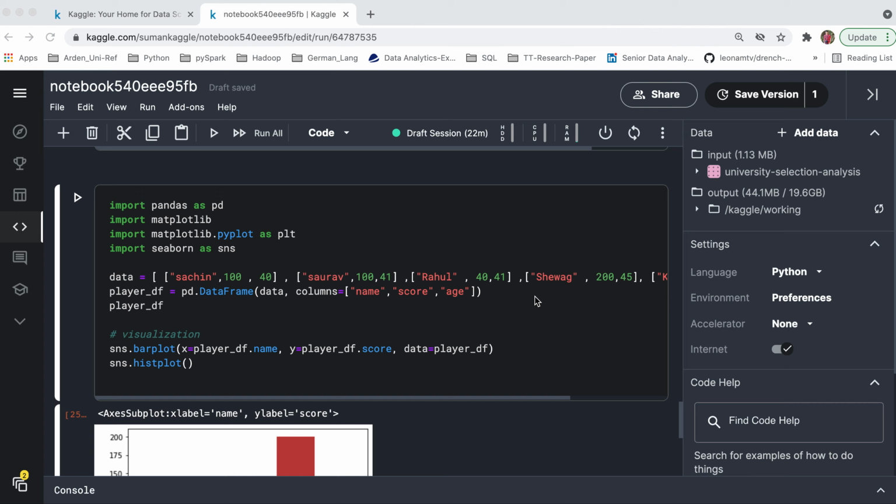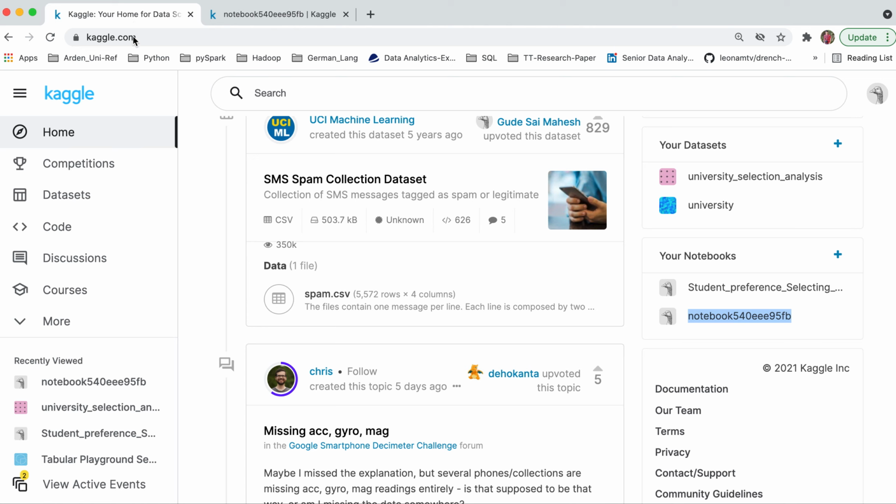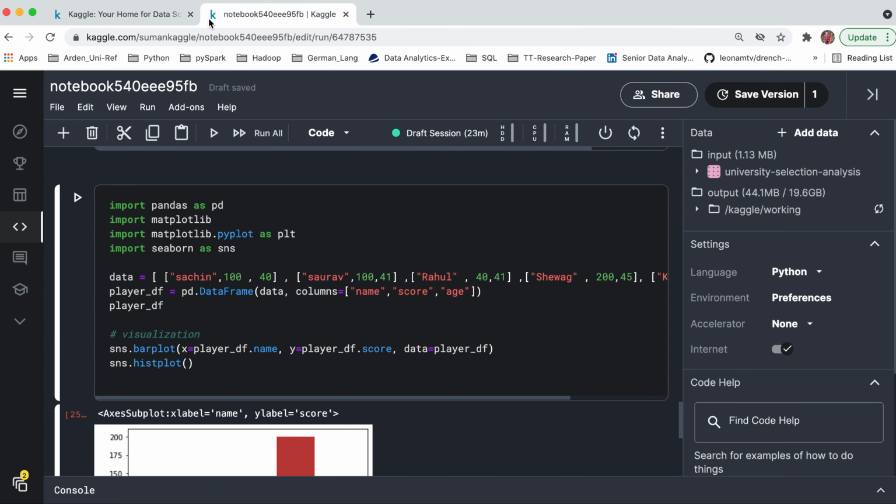So today I found one very good website where you can practice your data analytics problems and some sort of visualizations on the go. So the website name is Kaggle, basically kaggle.com, and here you can create notebooks. So I'll have a separate video on the steps, basically how can you create a new notebook on the Kaggle and practice. But today's discussion is just limited to some sort of simple visualizations on the data that